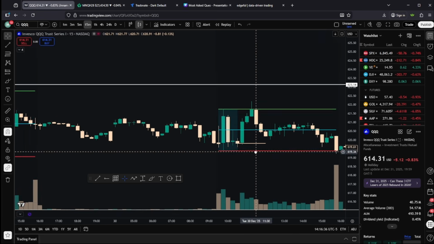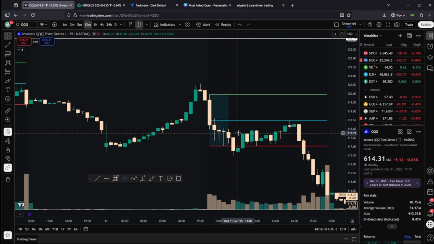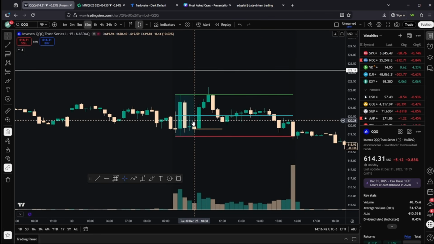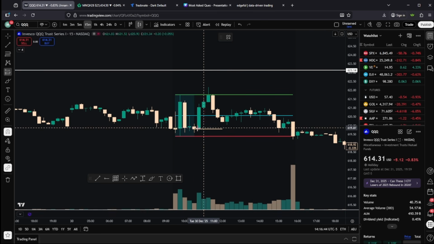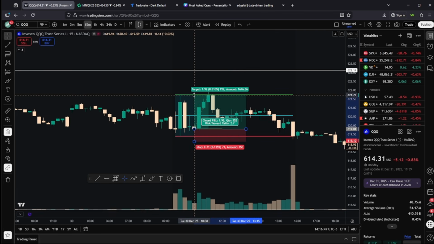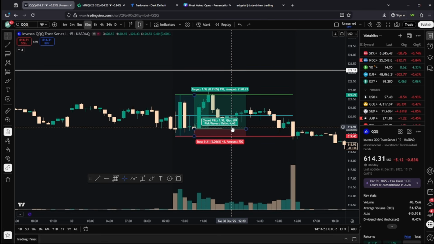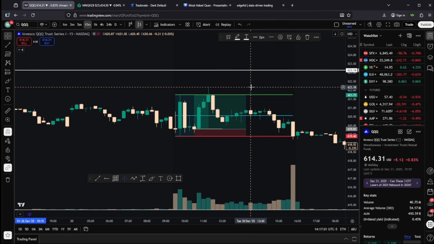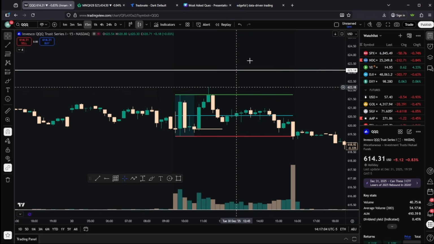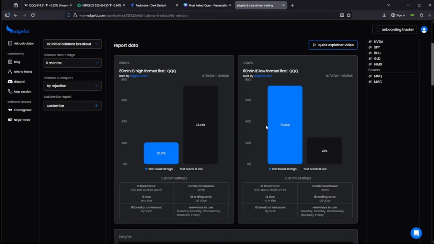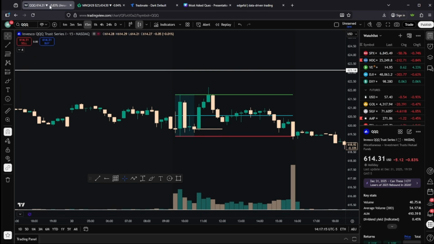But what this does, as we just covered on this Wednesday's trade, you were in for 2 risk, 1 reward. The day before, Tuesday, if we had taken that long position right at that 10:30 close, we had a 4.6 R on that trade, meaning that for 1 risk, we're expecting a reward of 4.68, and that's exactly what happened. You don't always need to enter at 50% of the IB. What you should do, and what I've been doing with the strategy for the past 6 to 7 months, is just targeting the high or the low break.